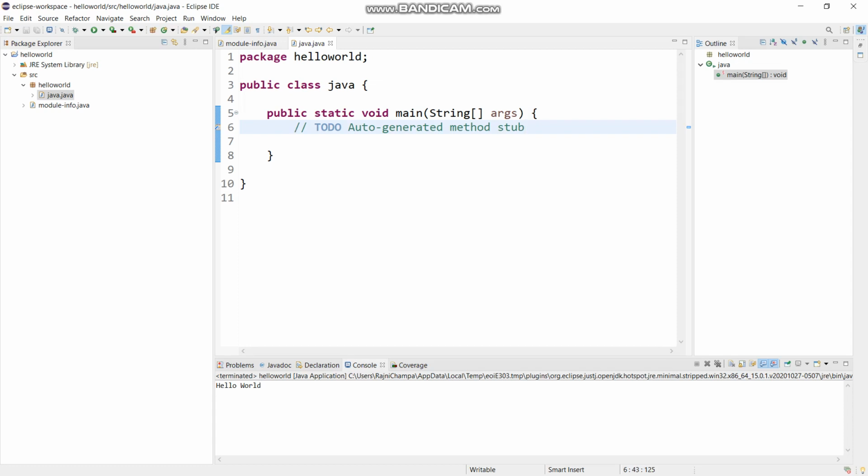Static, I will tell you about afterwards. Void means that it is not going to return any value, and in the parenthesis, String[] args, we have one parameter. We can use this parameter to pass values to our program.